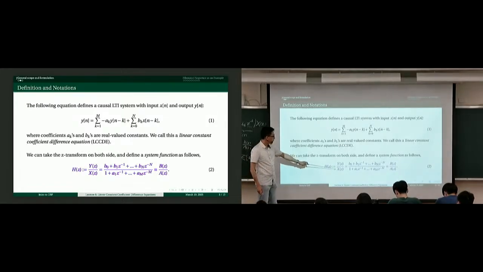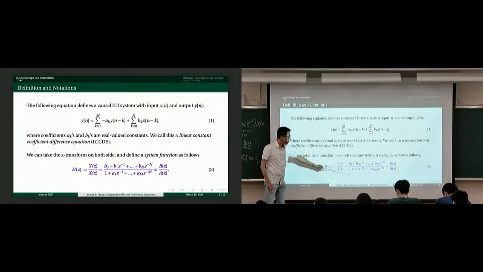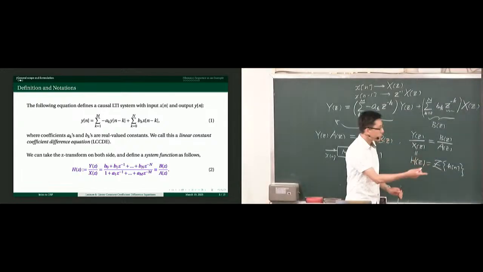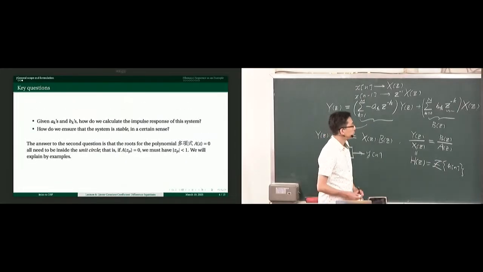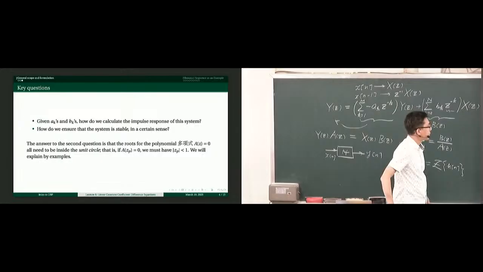Ya equals xb, therefore y divided by x, which happens to be the system function, big H, should be equal to b divided by a, where both of them are polynomials. Okay, so far so good? This is just in the z transform domain, we immediately have this consequence. So with that, a key question we can ask. First,